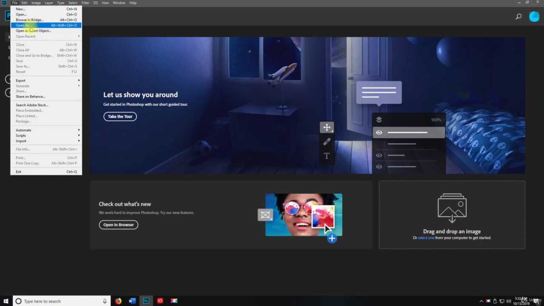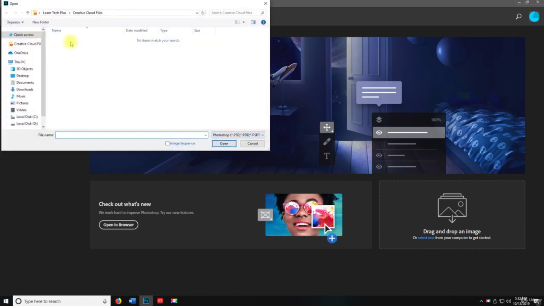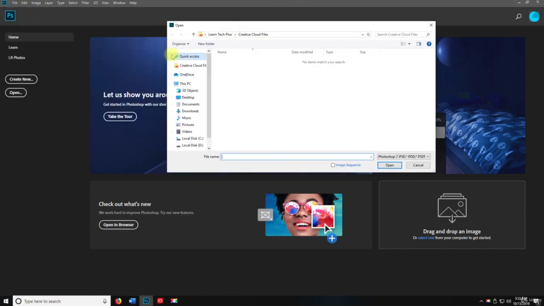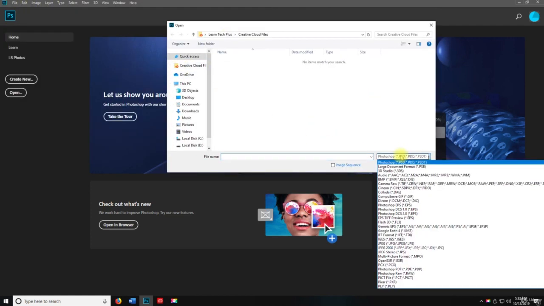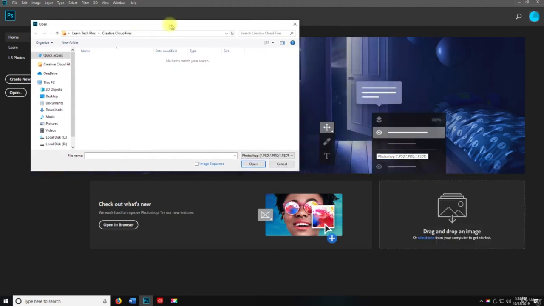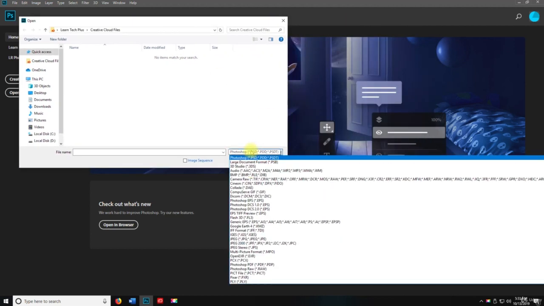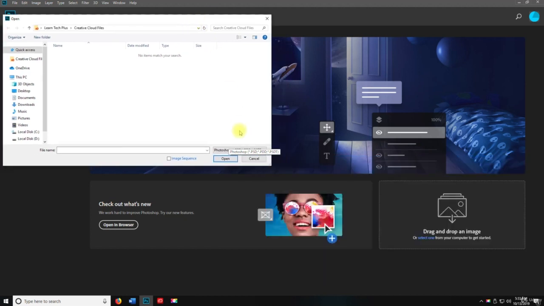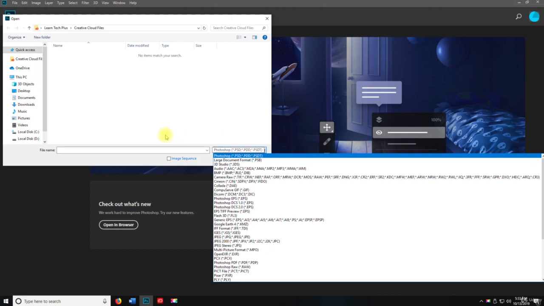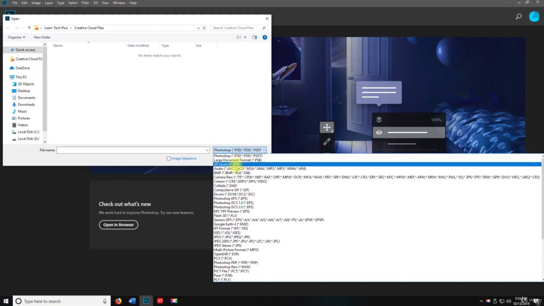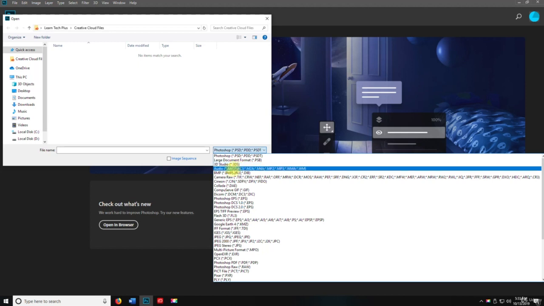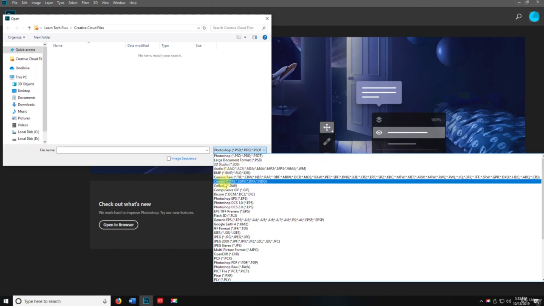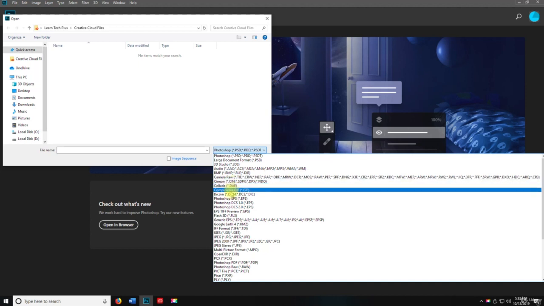All right, the next one is Open As. Open As is the same as Open, but instead of just doing Open and picking a random file, this is going to have you Open As. And let me move this over so you can see all the files, the formats, the extensions here. Wow, that's a big, okay, there we go. All right, so you can open as a PSD, a PDD, or a PSDT, a large document, 3D Studio, audio file, BMP, Camera Raw, CIN, DAE, a GIF,